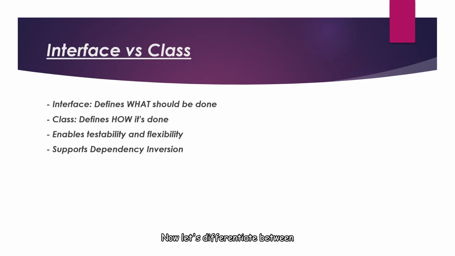Now let's differentiate between interfaces and classes. An interface defines what needs to be done, while a class defines how it's done. This distinction is powerful. By programming to an interface, not a concrete class, you gain the flexibility to switch implementations without changing client code. For example, a payment processor interface can have different classes like credit card processor, PayPal processor,